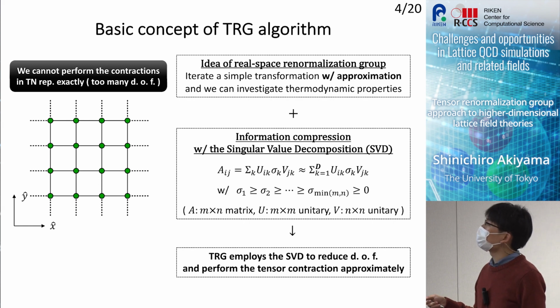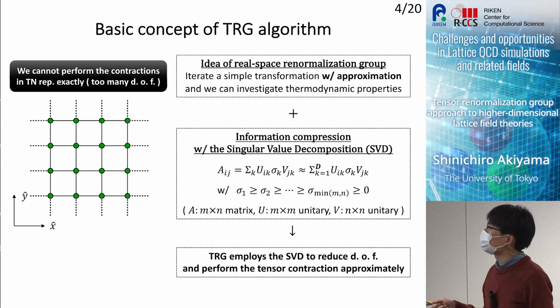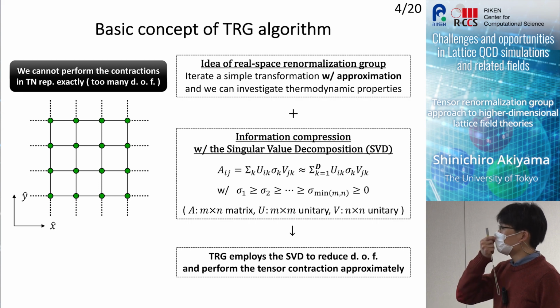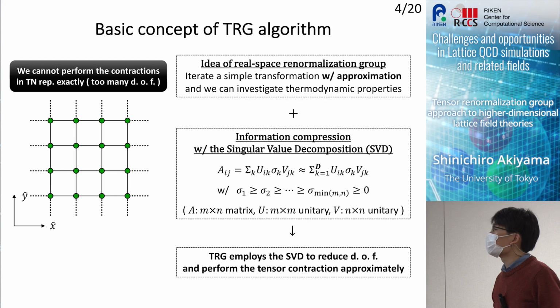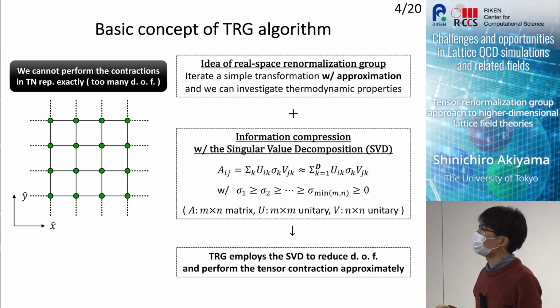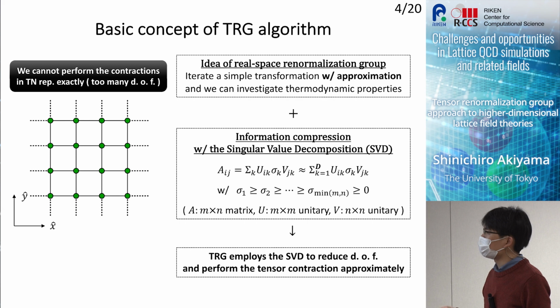But in the TRG algorithms, or generally in the tensor network method, to tackle how to construct the proper approximation, which is a very difficult task, we apply the information compression based on the singular value decomposition. Well, here is the singular value decomposition, and suppose we have an M by N matrix A,